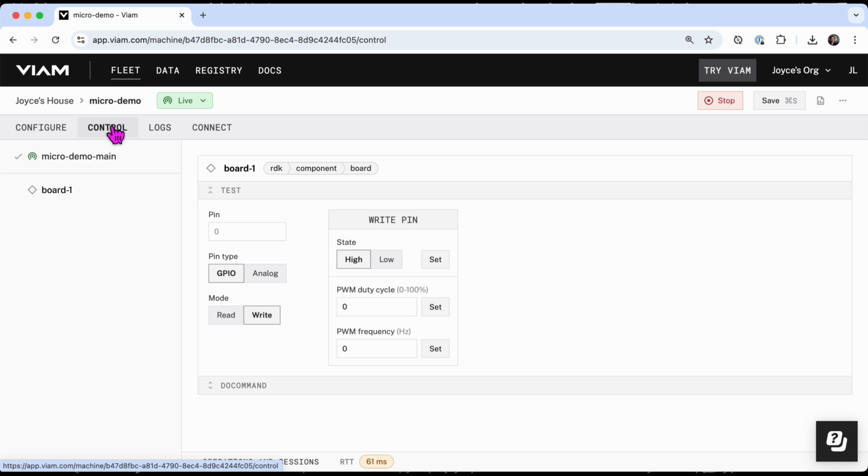Okay, the same as on the Configure tab, we have our board component with the corresponding card on the right. So let's enter in pin 12, and now we can control it. We can read and write. So let's toggle it over to read mode and get the state on pin 12. Well, yeah, you can clearly see I don't have anything connected to it,